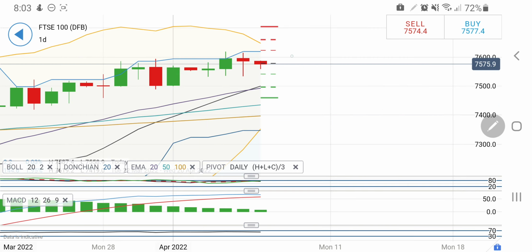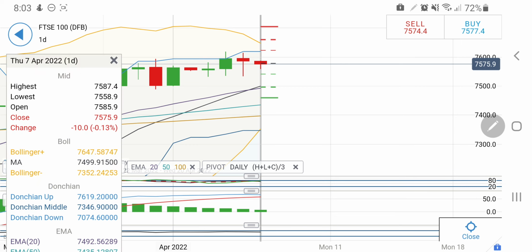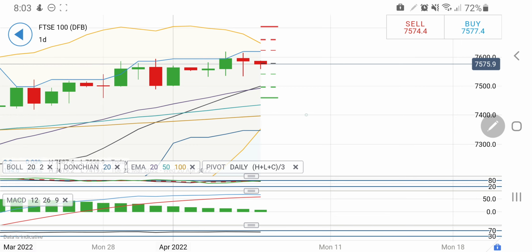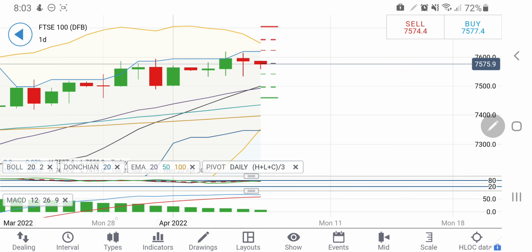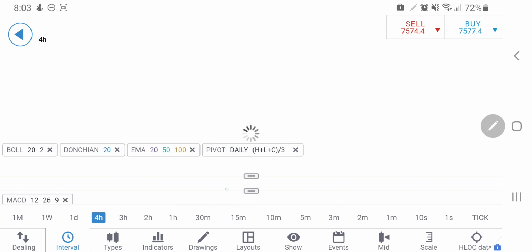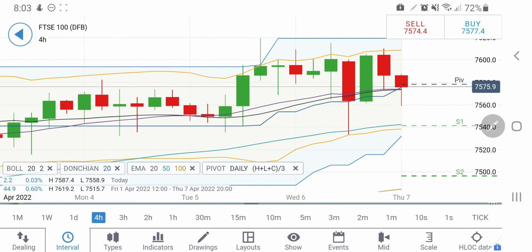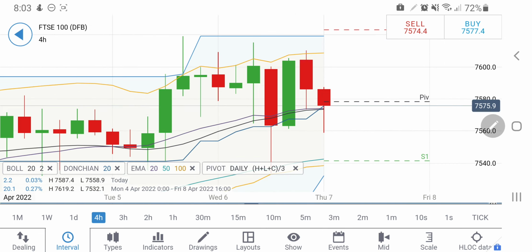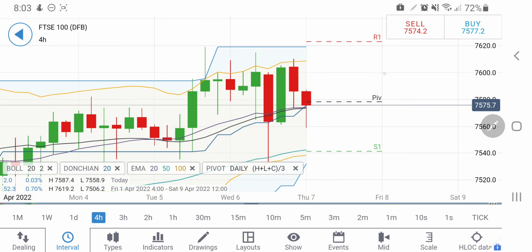Now let's have a look at UK 100. See, UK 100, as I said, only go long above 7,600 levels. But before we come back to the daily charts, let's have a look at the 4-hour charts. This is the only index throughout the globe which is trying to give strong bullish moves, and it has sustained the bull strongly. And as I always say, don't trade between 7,550 to 7,600 zone. See, again here, don't trade between 7,560 to 7,600. In between these 40 points, don't trade.